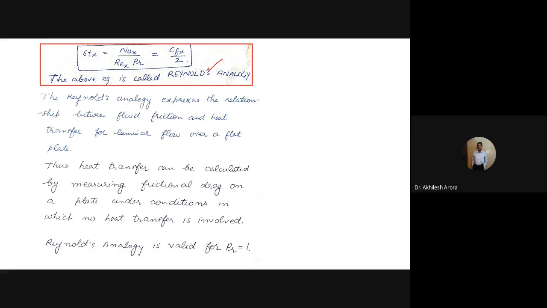It is just because the heat transfer can be calculated by measuring the frictional drag on a plate under the conditions in which no heat transfer is involved. So this is very important. With the help of the Reynolds analogy, we have expressed the relationship between the fluid friction and the heat transfer for laminar flow over a flat plate. And if we know the skin friction coefficient for the flat plate in the laminar flow case, and there is no heat transfer taking place,